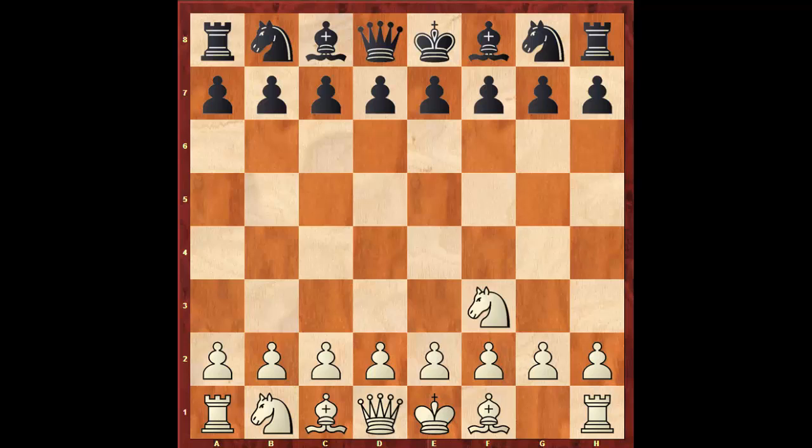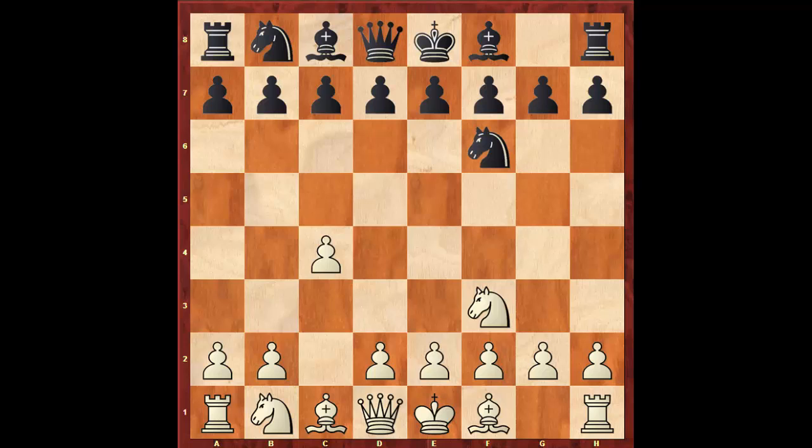But okay, knight f3, a very flexible move, and also very solid in a way, because you can play each kind of position. You can play the English Opening, you can play the Queen's Pawn Opening, you can go for g3, and I mean, the castle after c5, you can even go for a Sicilian, so it's very flexible. Knight f6, keeping things flexible as well, and in a way forcing white to show his hand, and Carlsen